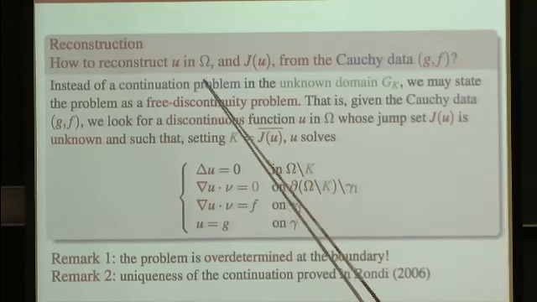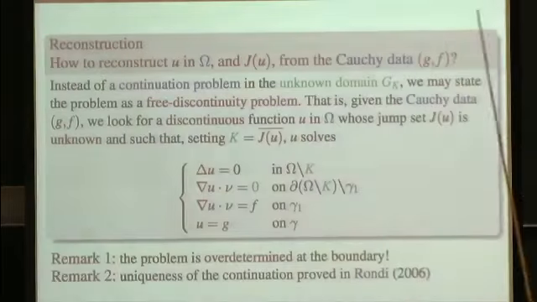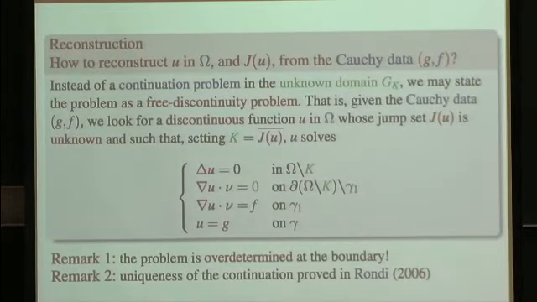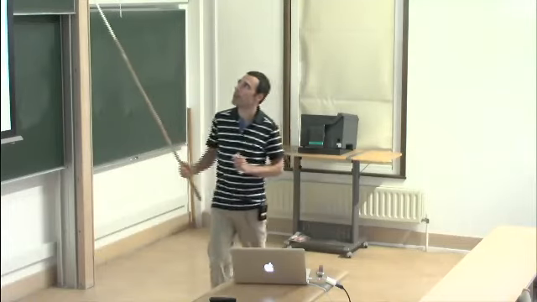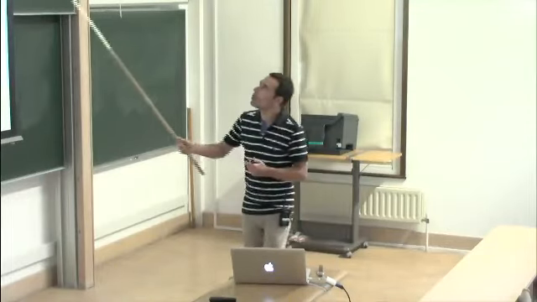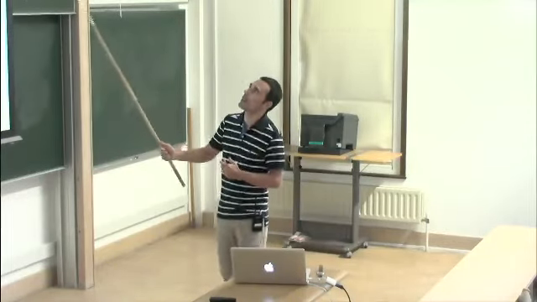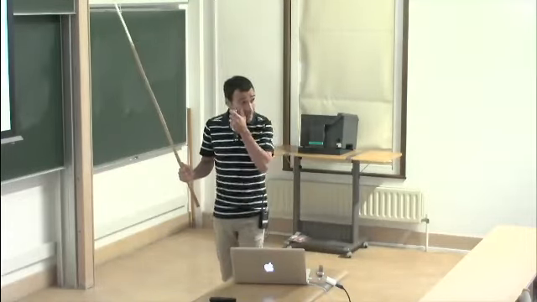This continuation problem, going from the Cauchy data to U, is a rather nasty one, because, of course, continuation is ill-posed, that's okay, part of the problem, but also you have a non-classical continuation problem, because U is harmonic in some domain which you don't know. So you have a continuation problem in an unknown domain, and this is very difficult to solve, and so this is where free discontinuity methods